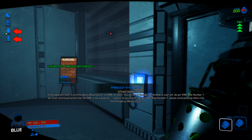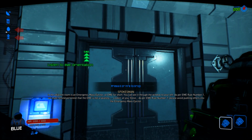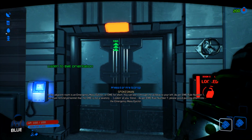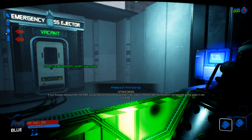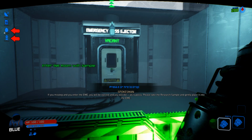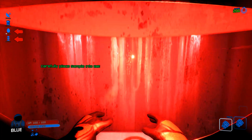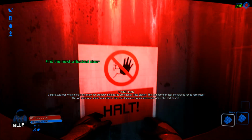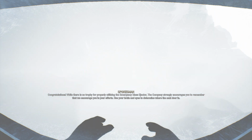In the adjacent room is an emergency mass ejector, or EME for short. You can see it through the window to your left. As per EME rule number 1, we must remind personnel that the EME is not a lavatory. Access granted. If you misstep and you enter the EME, you will be ejected and you will die, as is policy. Please take the research sample and gently place it into the EME. Congratulations! While there is no trophy for properly utilizing the emergency mass ejector, the company strongly...